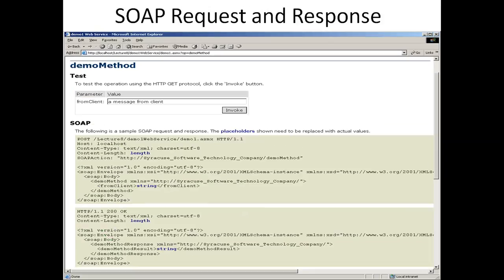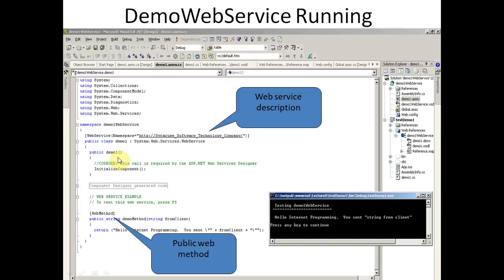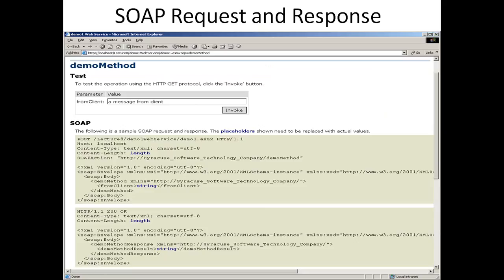Suppose we are creating this web service. Automatically it will create the SOAP request and response. You can see here, this is the SOAP. According to this program, we have this SOAP, with the SOAP body and SOAP envelope. The SOAP envelope starts here, then its namespace related to SOAP, and again the XML namespace, XSI. This is the first namespace and this is the second namespace. Automatically, it will add the namespaces.